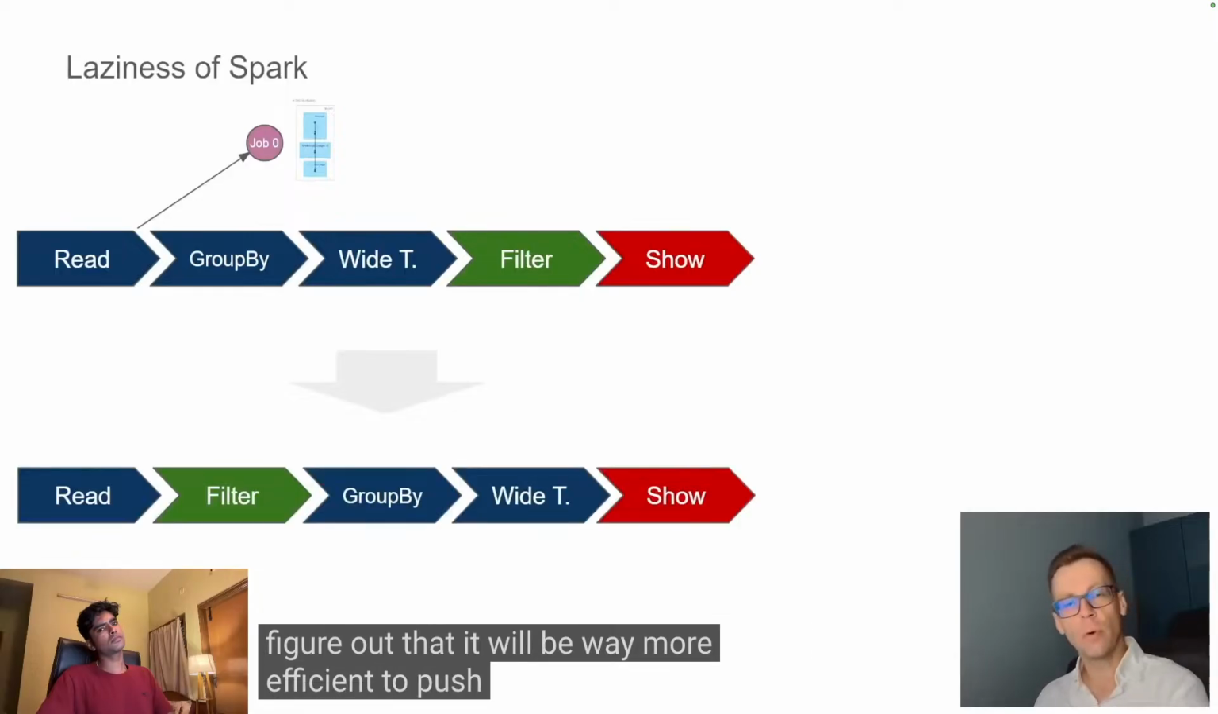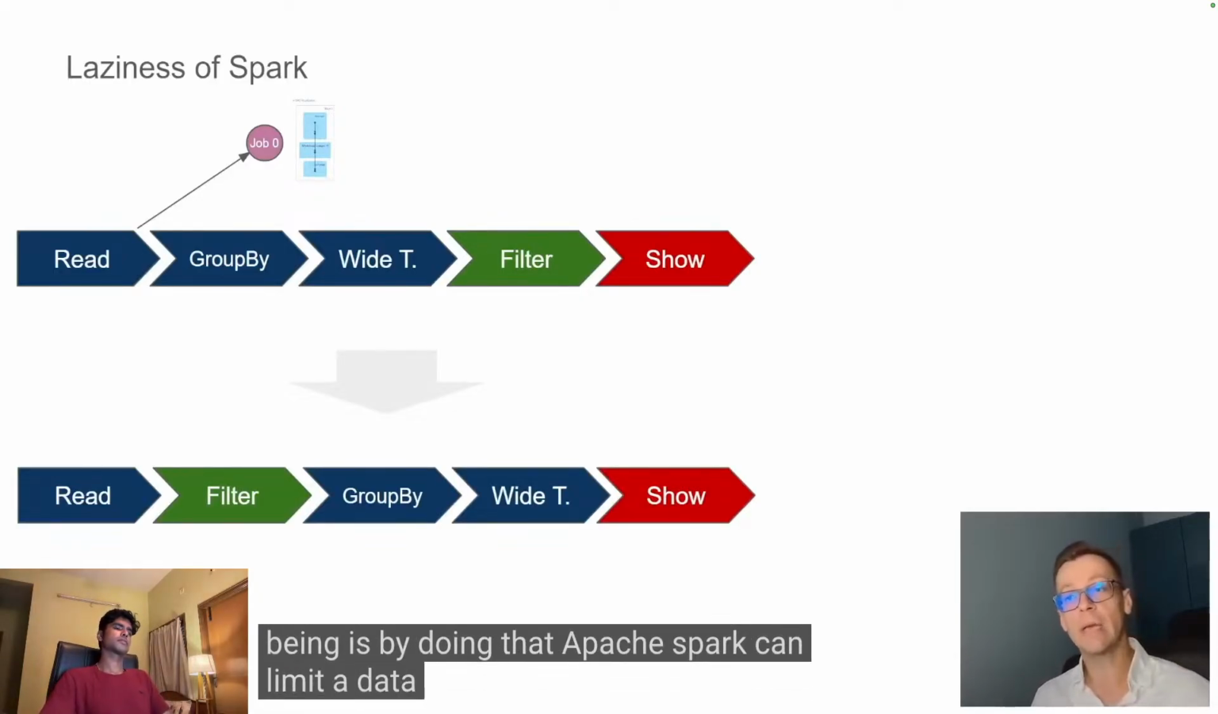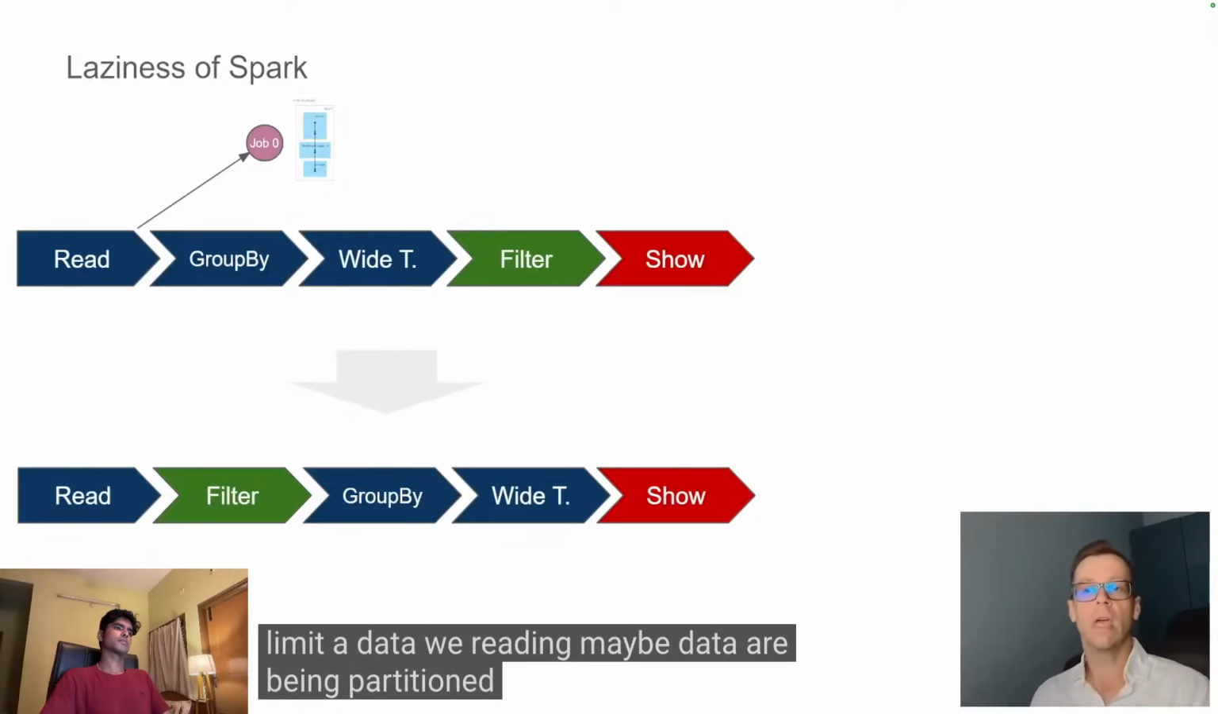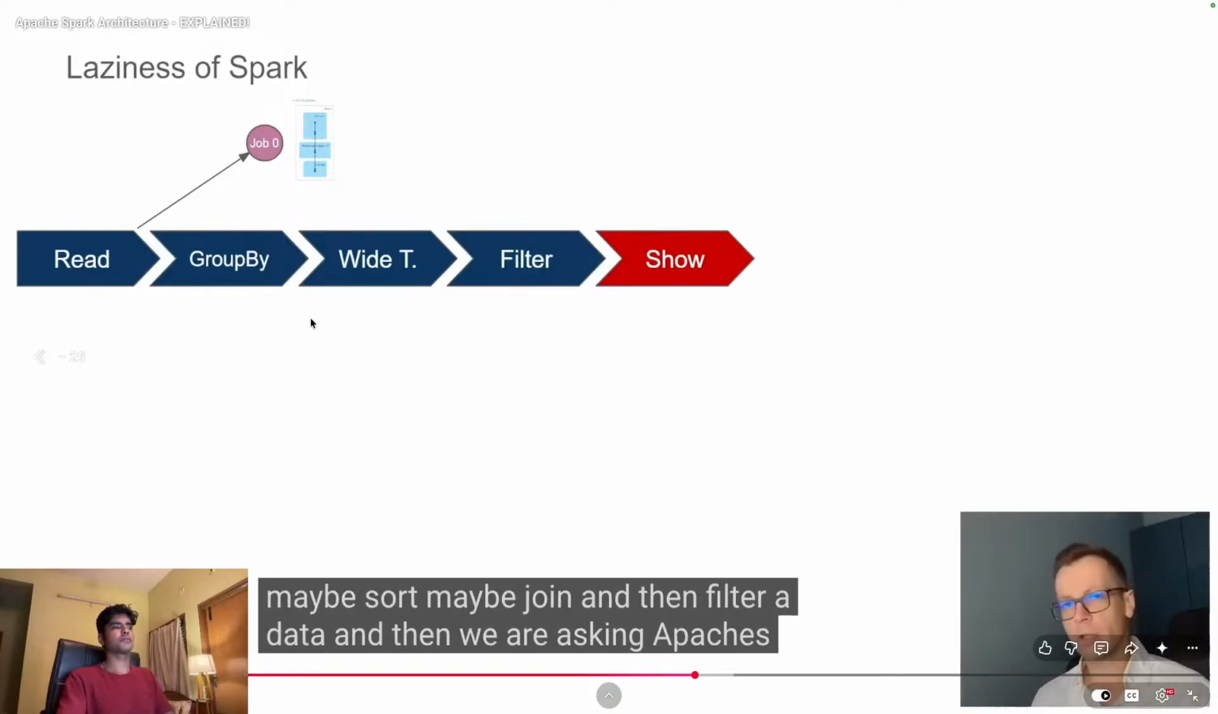So Apache Spark is smart enough to identify this filter and to figure out that it will be way more efficient to push it as much as possible down. The reason is that by doing that, Apache Spark can limit the data we are reading. Maybe data are being partitioned, maybe instead of filter we are using a select and data are in Parquet, so Apache Spark will only read